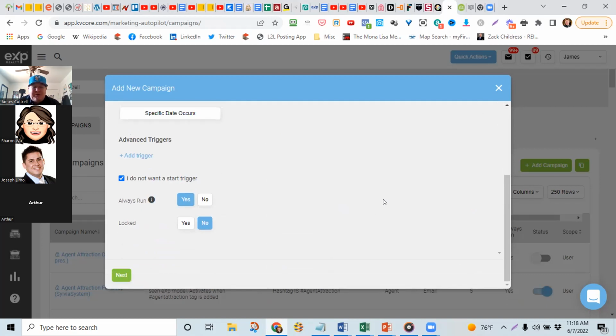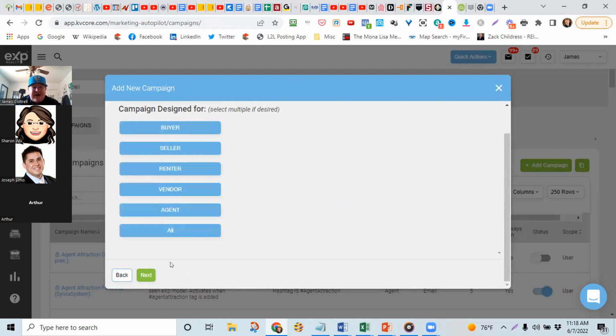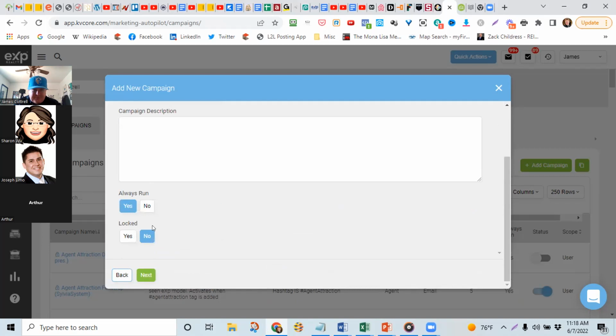because I want the ability to just start this and add this to a person. And all I need to do is hit next, define who it is. We'll just say it's for everybody. And then we want it on always run. Always run means that if another campaign's running, it'll run this campaign as well. So if all your campaigns are set to always run, it means you can run multiple campaigns to the same contact. If it's on no, then it won't allow a secondary campaign to run, or it won't run when another campaign's running, I should say. So that's what this always run means.